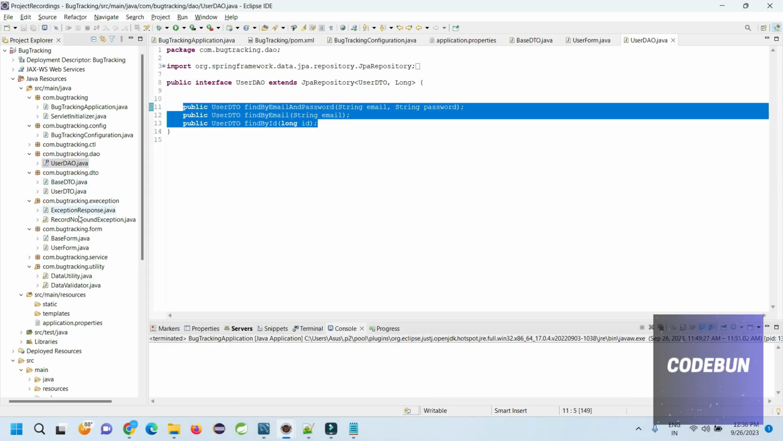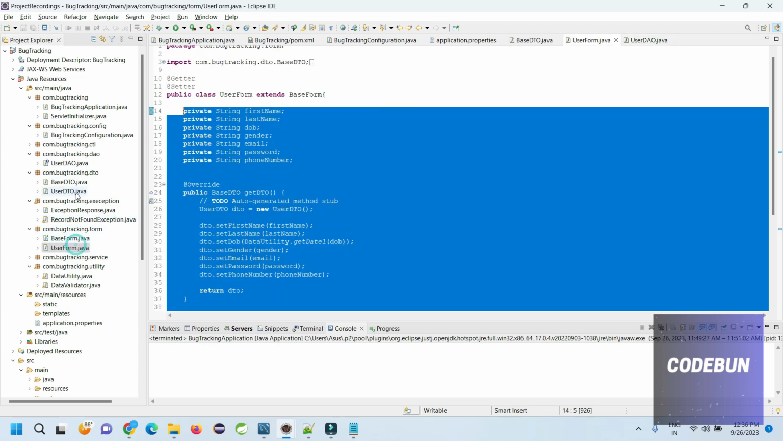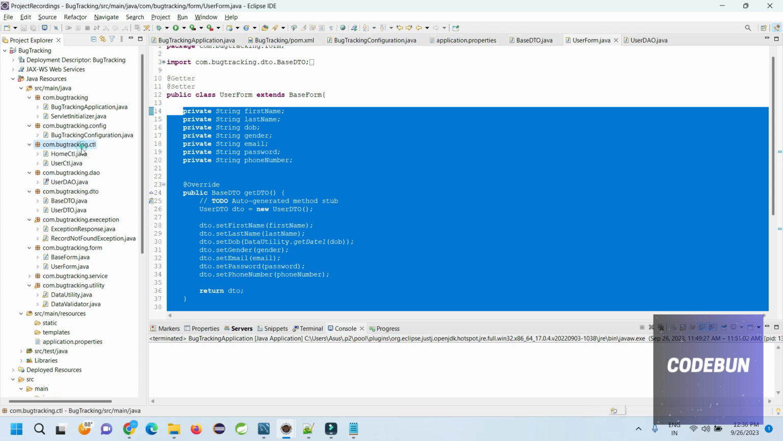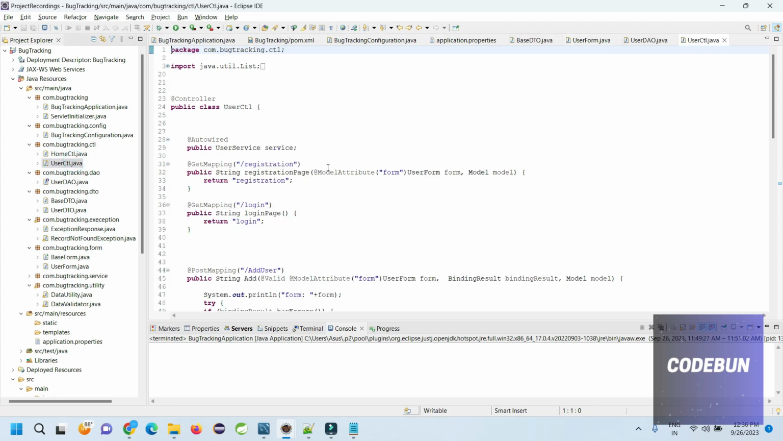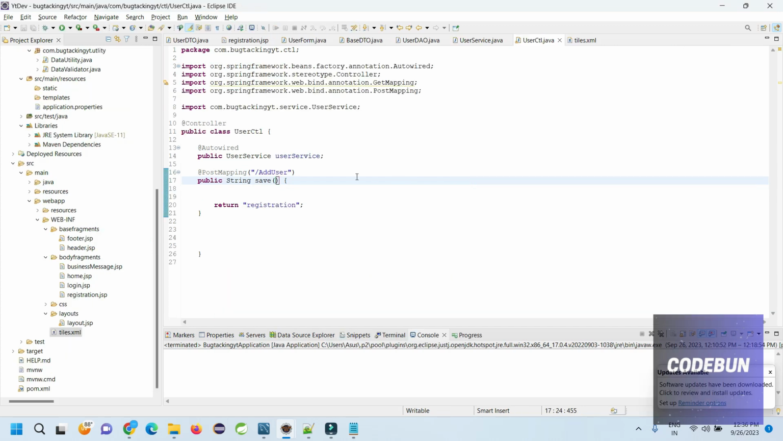Okay, checking into the controller. We have a user controller, under the controller, user controller. So we are going to use a model attribute to bind the form and the model. So I just use this model attribute